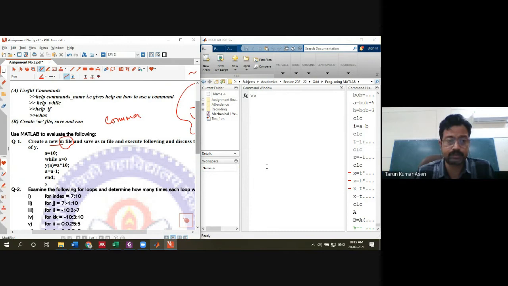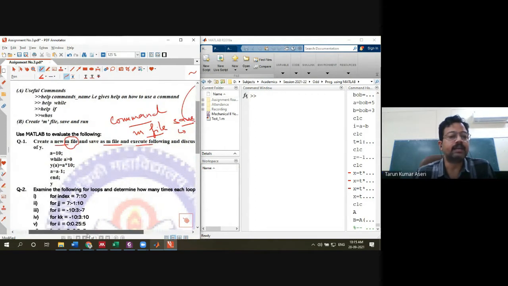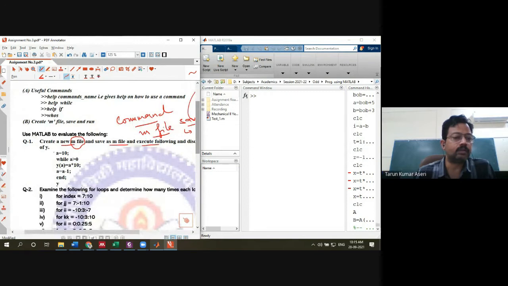We are going to create the first M file, save it and keep it with you, and execute the following code and discuss the value of y. What kind of value of y would appear after providing this syntax?